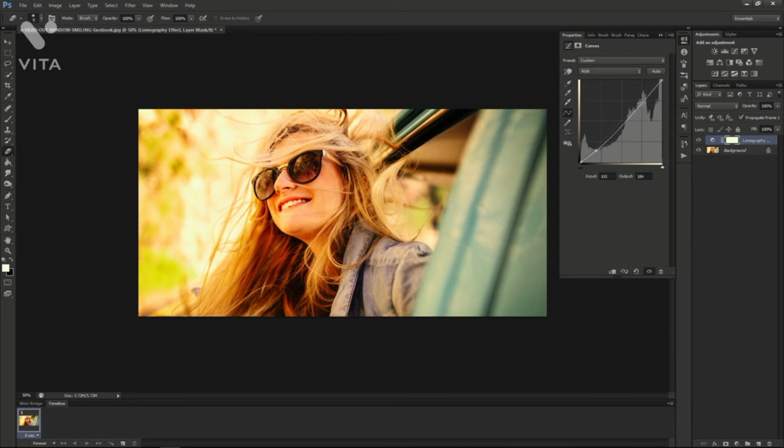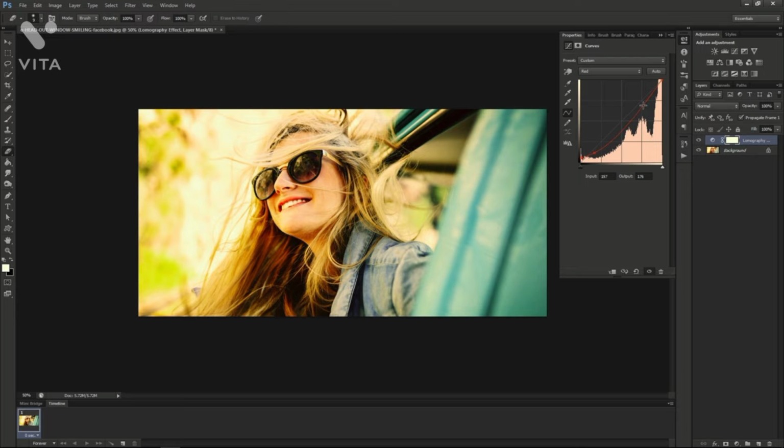And then you want to put a little point up here and drag that one up, which will actually drag in some more of the light into the image. Then we'll go into the red, and we'll actually put a little point there, drag that down a little bit so we can get some more in there. But we actually want to drag the shadows up a little bit so we can get some more darkness, depth